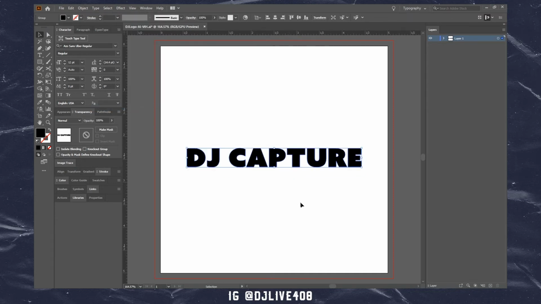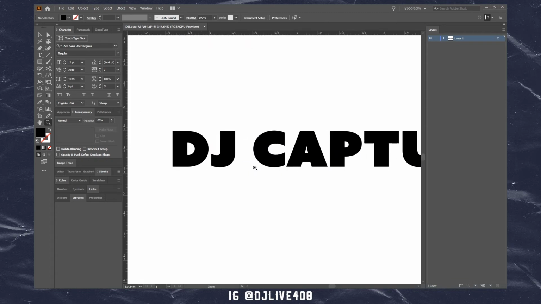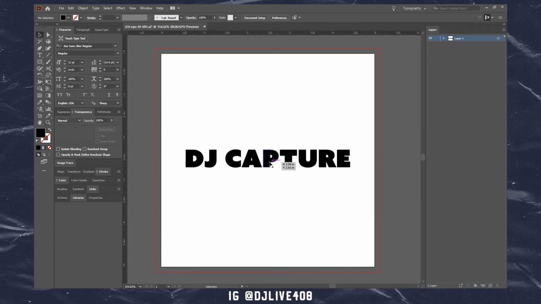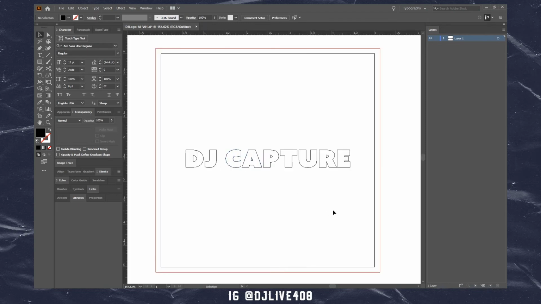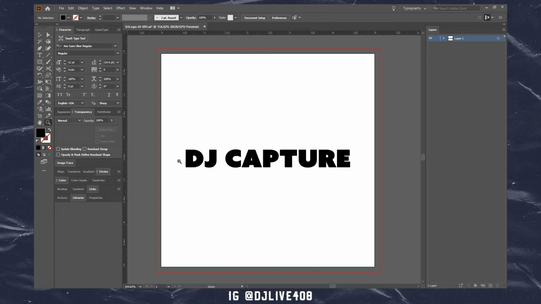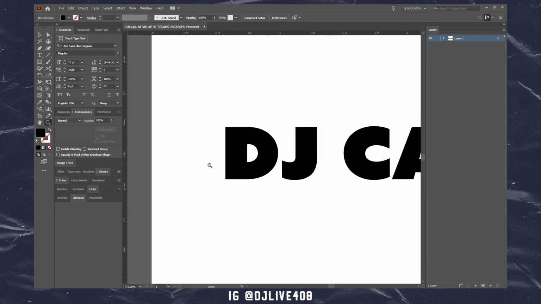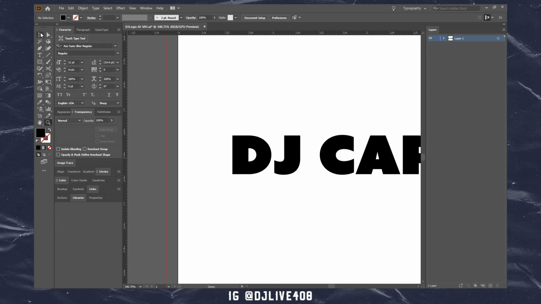So what we can do with Illustrator is we're gonna select it, go to type, and create outlines. And once you create it to outlines, you won't be able to change the wording because now they're all converted into lines, as you can see right here. And that means you can change every little detail about it. So for example, I'll choose the direct selection tool, draw a box, select these 2 points, click, then hit shift and drag,